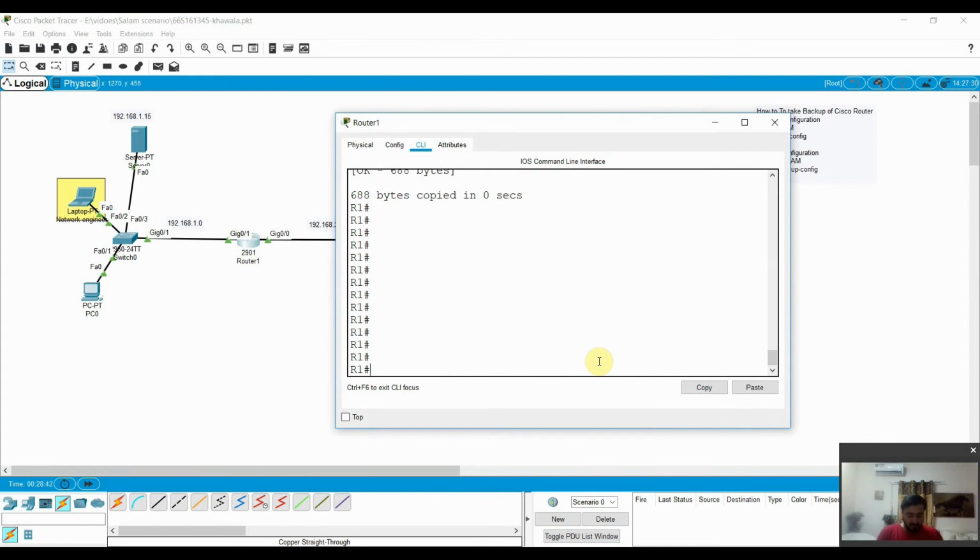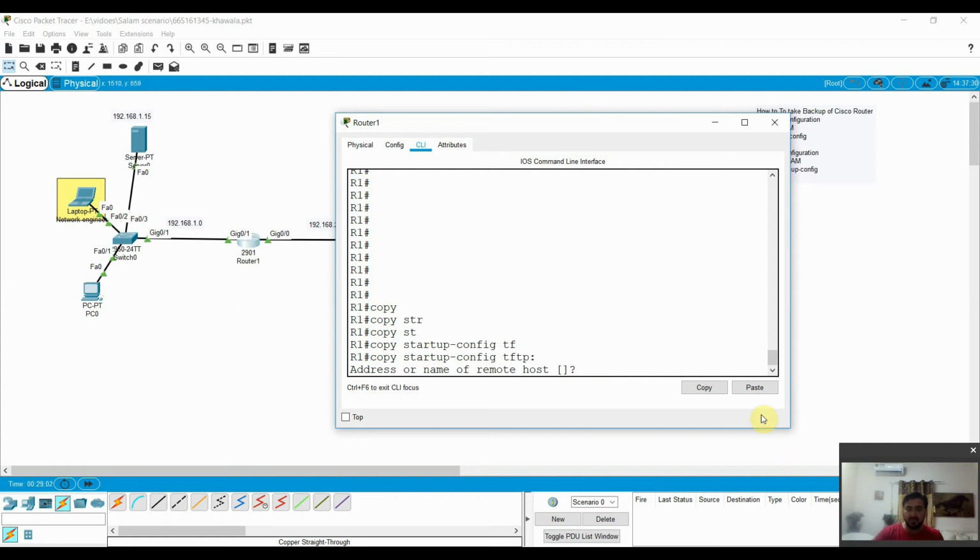Now you need to take the backup of your startup configuration. Just write copy startup-config, and then where you are going to take the backup.